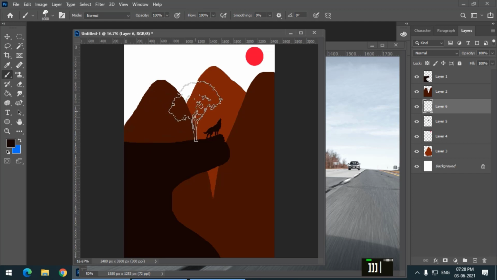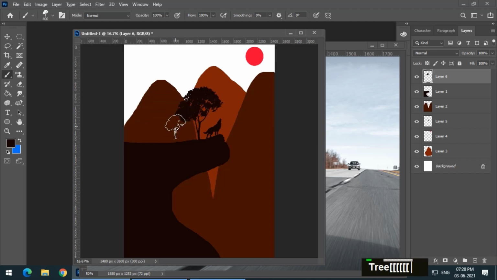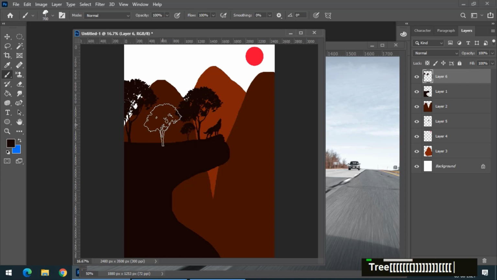I will create this tree nearby, near to this wolf, but make sure this layer is above this layer 1, because we should be able to see the trees like this. I will decrease the tree size here. I will draw one tree over here, half tree, just to give that realistic kind of feel, even though this is an artwork, but still you get my point.